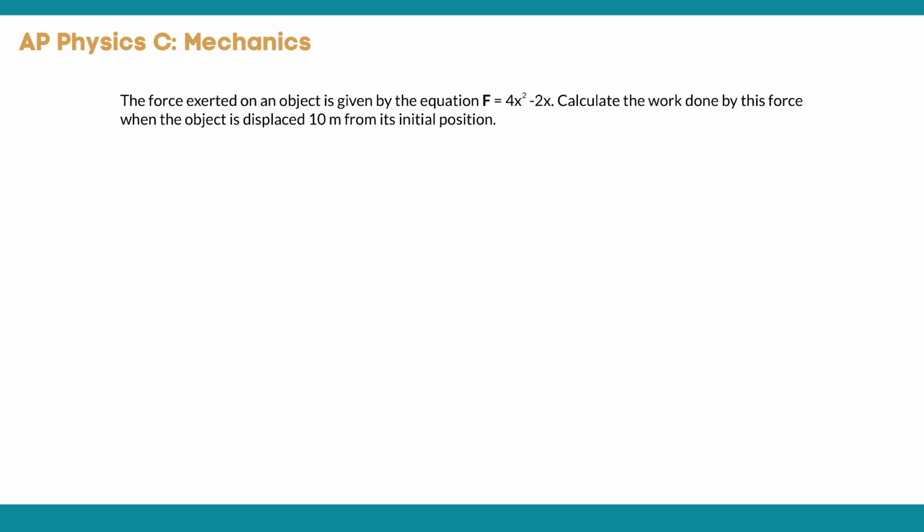All right, so in this problem here, we have a force exerted on an object given by the equation F equals 4x squared minus 2x. So clearly a force that is not constant, it varies with respect to the object's position. And we want to calculate the work done by this force when the object is displaced 10 meters from its initial position. So let's go ahead and take a look here at the definition of work,